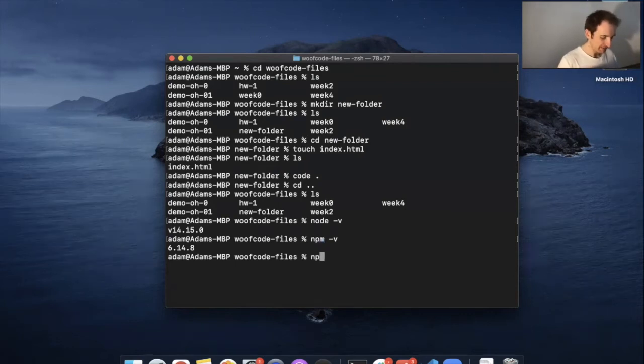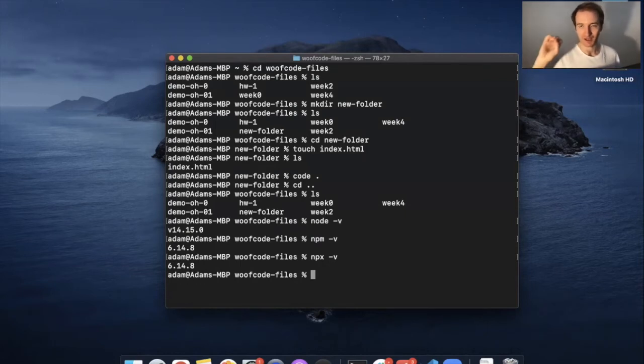We also have something called npx, which is really similar to npm. It uses the same library of packages. The difference is npx will take a library and sort of execute whatever it can immediately. So we use this, specifically with create React app, we use npx instead of npm. But you don't really need to know that. All you need to know is the command that you need to copy and paste to create a new React application. So assuming you have Node installed, you should be able to run the following line, which is npx